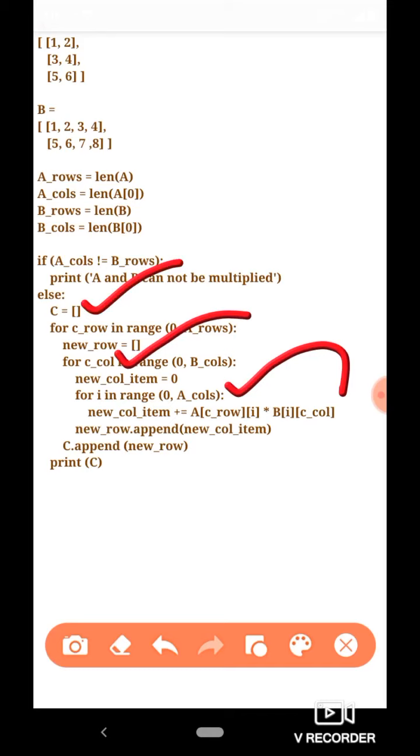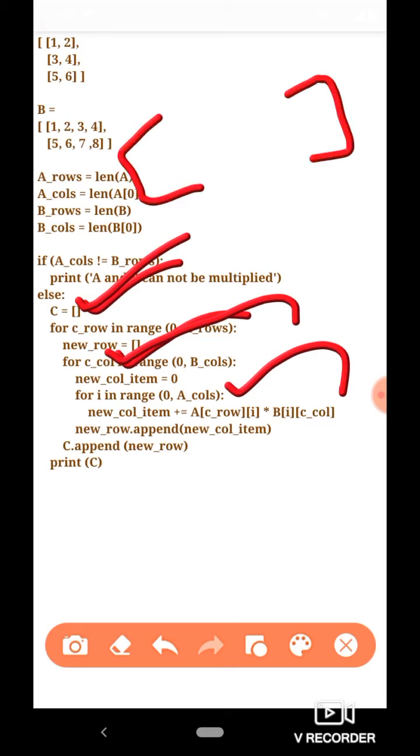All right, so when all the columns from 0 to B calls have been multiplied with a particular row of matrix A, and all the items in the row C row of matrix C are computed, that means a particular row has been computed.